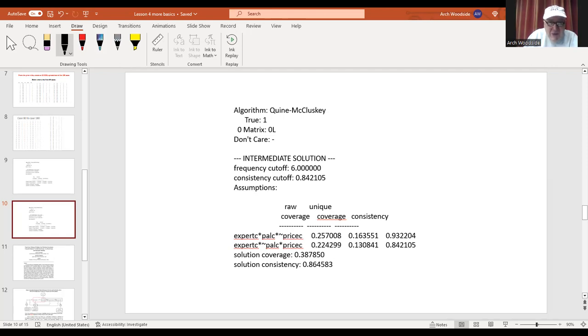So I'd like you to actually create an Excel spreadsheet, and that becomes your data file, and you put in the 5 variables: the case number, the price, PAL, or present or absent, expertise, present or absent, and then buy. And then you close it,